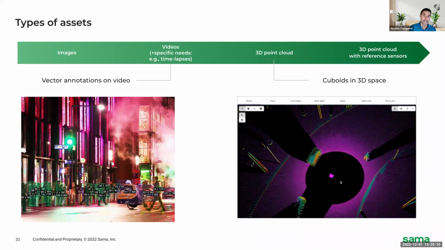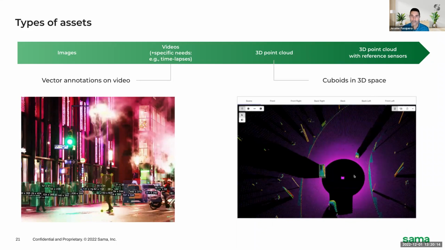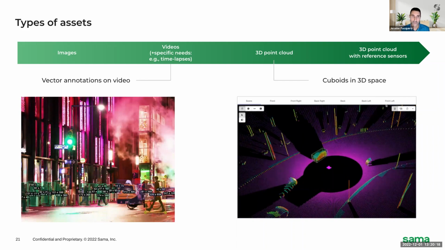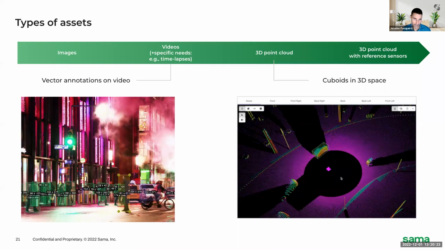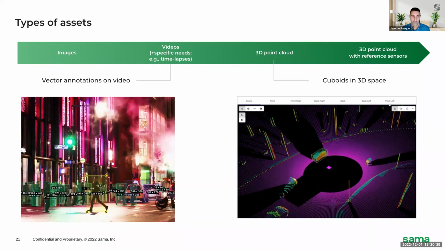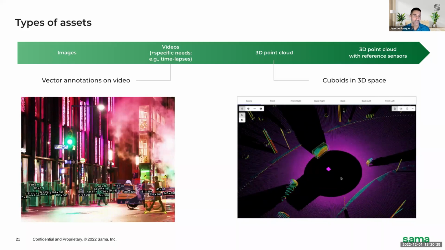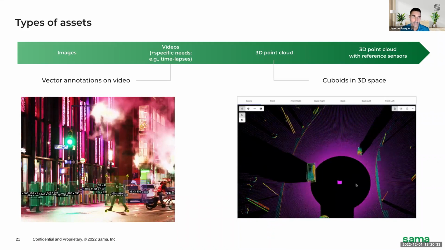The type of assets is also important. If you're dealing with static images, of course, there is a little bit of subtlety in there. You do have images that are lower resolution, images that have very high ultra resolutions, but it's still a contained amount of data and also a known one. You can go up the complexity